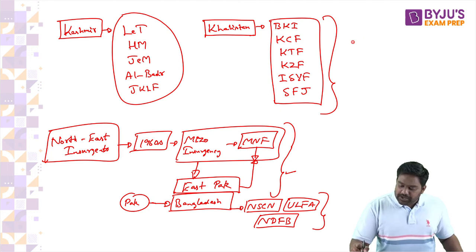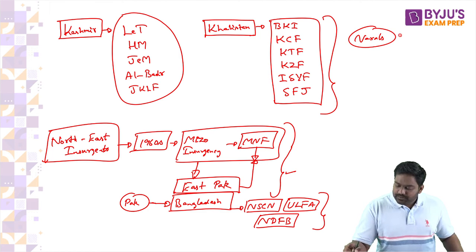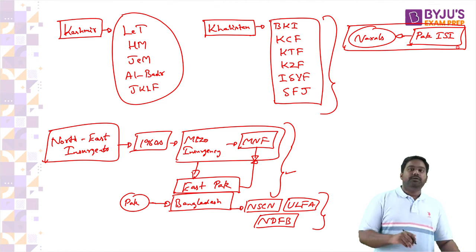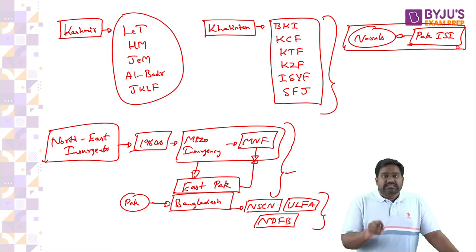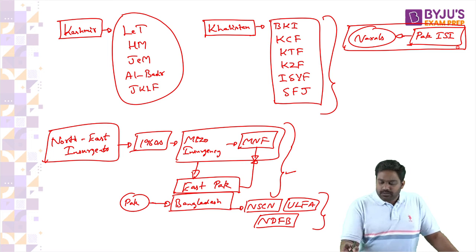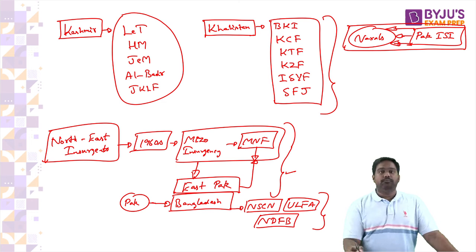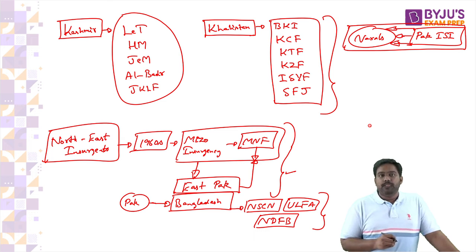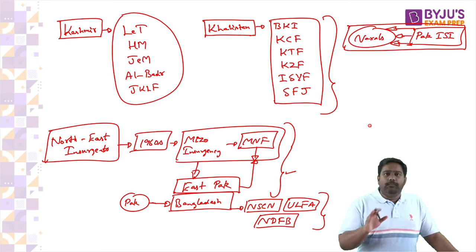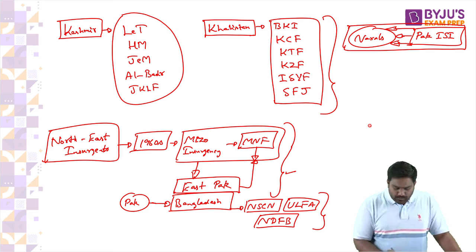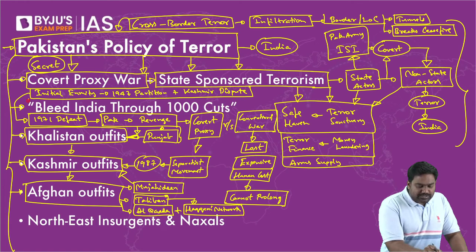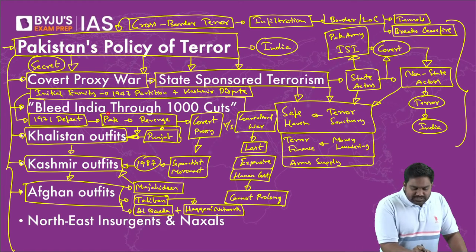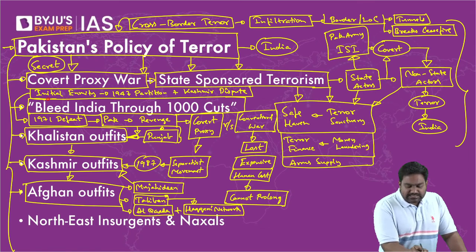It has even tried building contacts with Naxals. Indian intelligence agencies have evidence to link Pakistan's ISI with the Naxal outfits. Some limited connection has existed between them. Pakistan has tried to contact Naxals, give them some kind of support. Even though external support is limited for Naxalism, some contact has existed in the past. So Pakistan does not give up any opportunity to destabilize India. Its goal is to bleed India through 1,000 cuts. This was the strategy that Pakistan adopted. This has been Pakistan's military doctrine